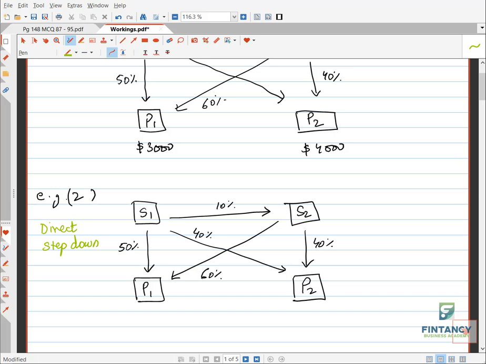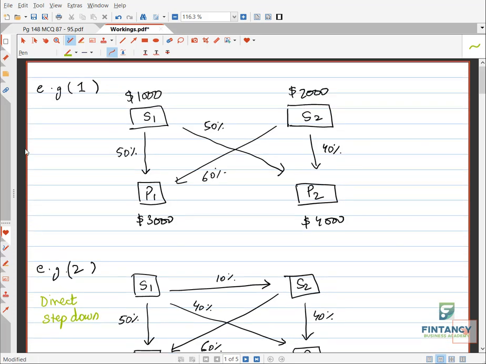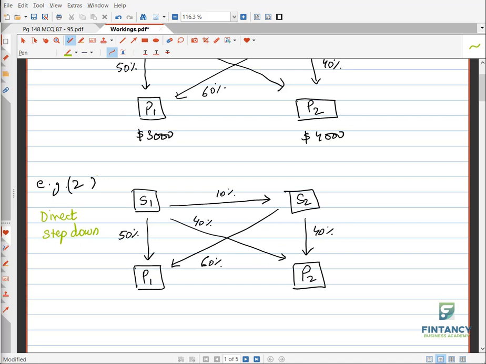In example number 1, we can only use the direct method. The information only allows us to use the direct method, which we have done. Very nice. So the direct method can be used in any scenario. True. Very nice. Excellent. Okay. Because in the direct method, we don't care whether service departments are serving each other or not, like in example number 1, you see. Now in example 2, we will see how the direct method will operate.